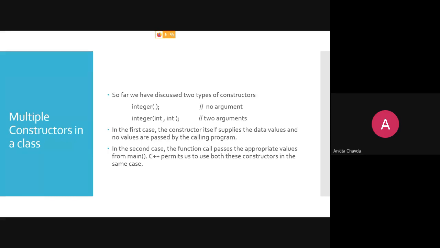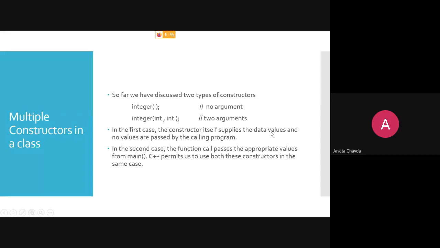Whenever the compiler has any doubt about which constructor to call, it will raise an error. Same as function overloading. Here the constructor name is the same. Nothing new in that, right? So this is no argument, this is two arguments.